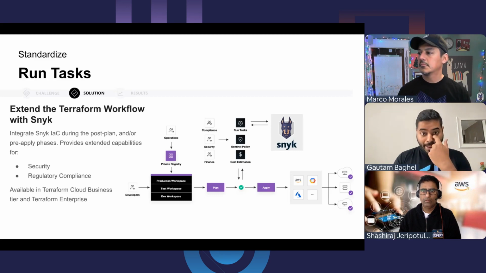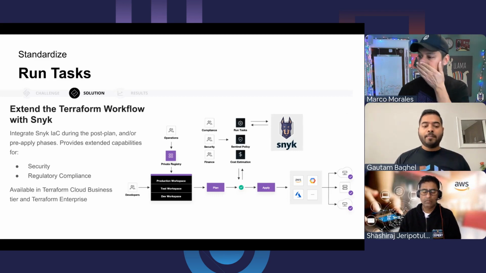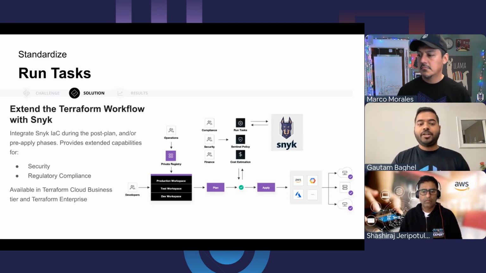And the question is, where do we do it? In most cases, you want to give everyone the ability to run a Terraform plan, so you can see what you're trying to provision, what resources you're trying to add or delete.